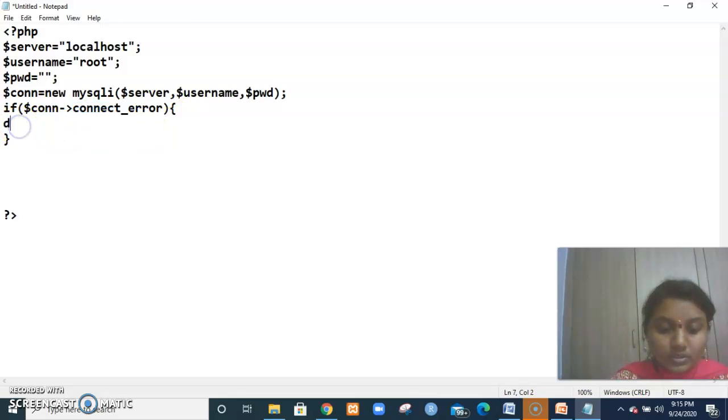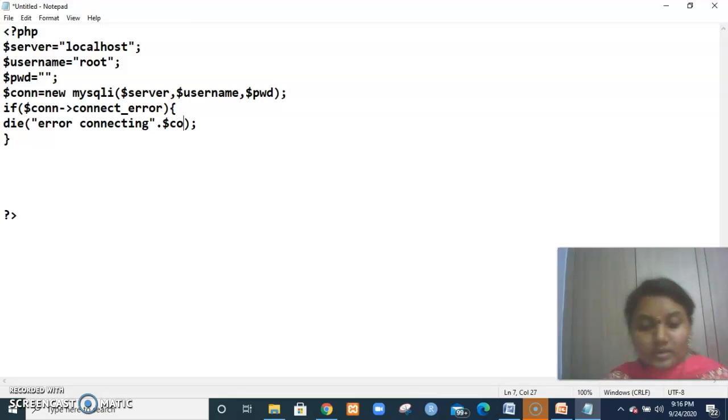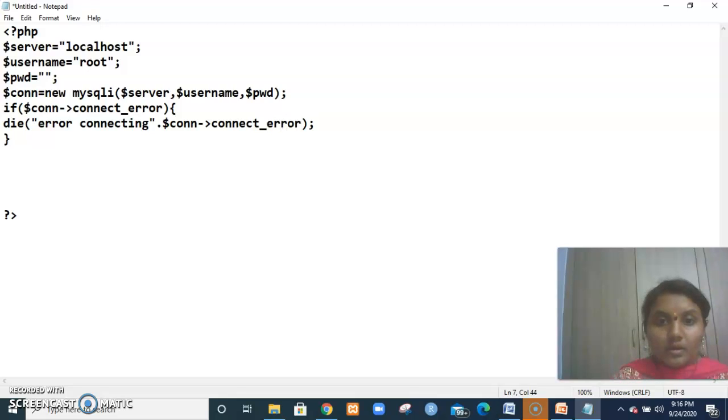Here I'm using the die function, which gives us a message like "Error connecting" along with the actual error message. The actual error message is using $con->connect_error. Okay, this is a statement.